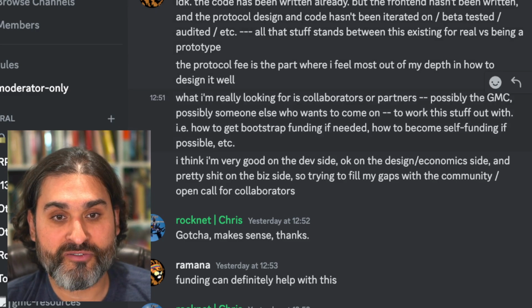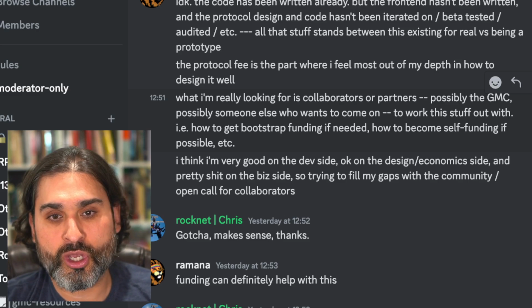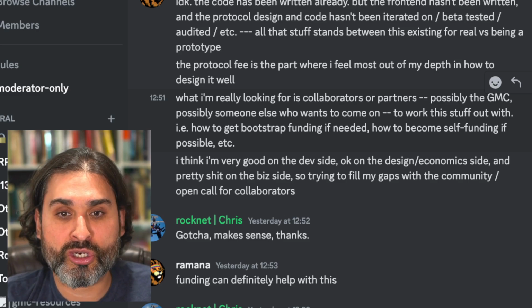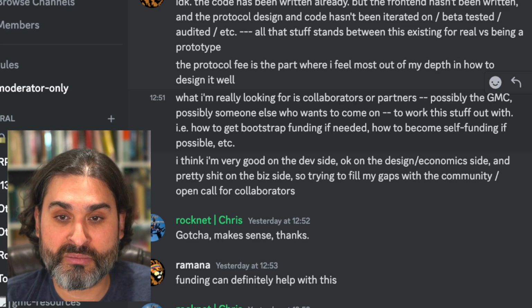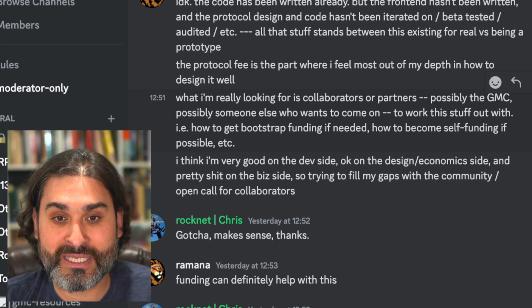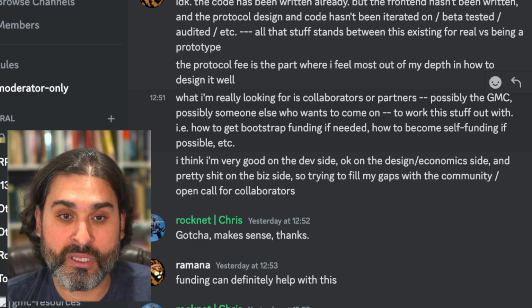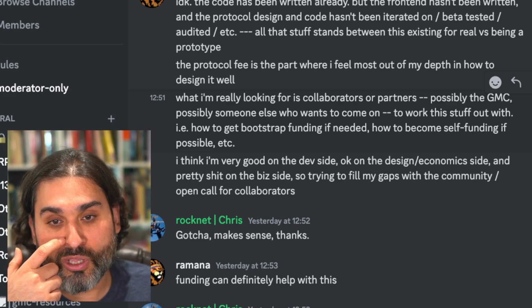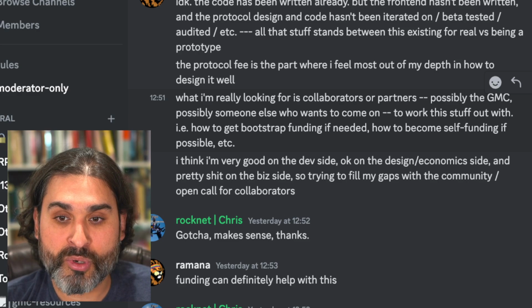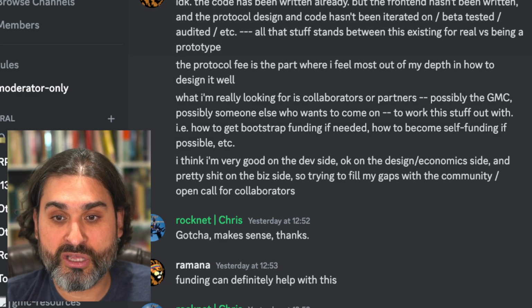Okay, next we got an update from Ramana, and this was about Rocket Lend. And here he's talking about development of Rocket Lend. He said the code has already been written, but the front end hasn't been written, and the protocol design and the code hasn't been iterated on, beta tested, audited, etc. All that stuff stands between this existing for real versus being a prototype. The protocol fee is the part where I feel most out of my depth in how to design it well. What I'm really looking for is collaborators or partners, possibly the GMC, possibly someone else who wants to come in and work on this stuff